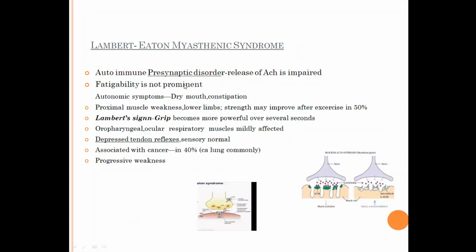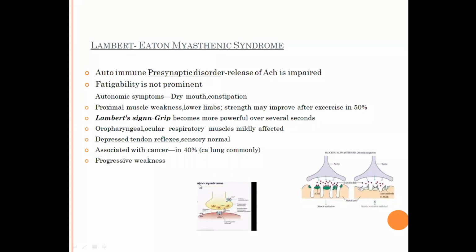Now let us come to one more neuromuscular junction problem. So far we have been talking about the postsynaptic, where the acetylcholine receptors are damaged by antigen-antibody reaction. Now Lambert-Eaton is a presynaptic disease where the acetylcholine production is defective. How does it differ from myasthenia? Fatigability is there but not very prominent. Autonomic symptoms like dry mouth, constipation are very prominent. Most of the time they come with proximal muscle weakness. This is a very important clinical